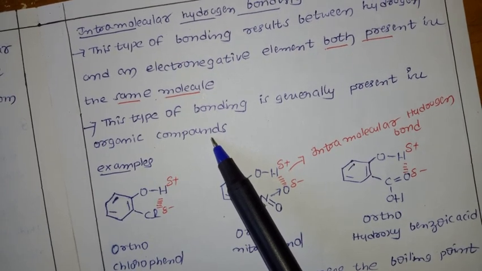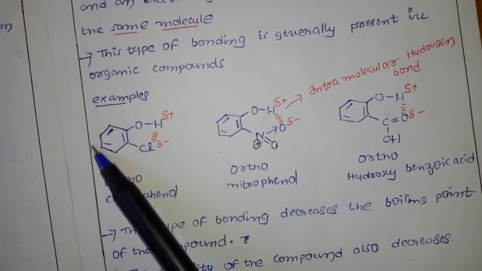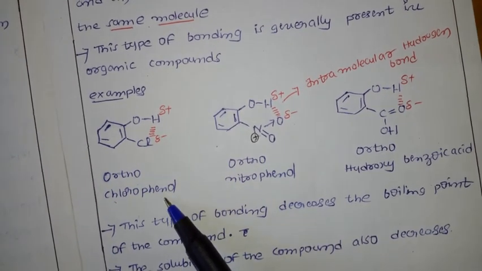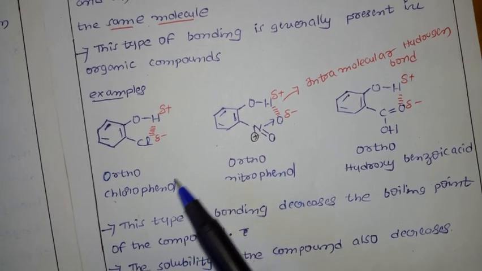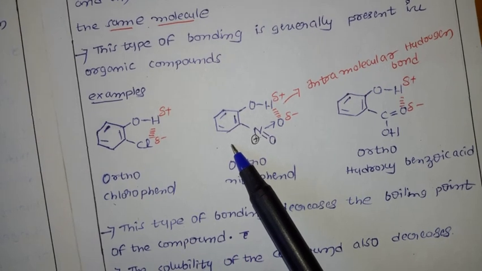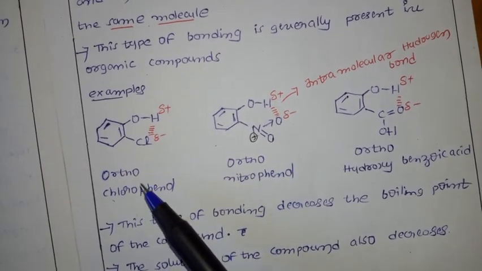Don't worry, that we will discuss later, okay. Now if you see the examples here, this ring is called a benzene ring. This molecule's name is what? Orthochlorophenol. Just remember the structure; how the nomenclature comes, you will come across in organic chemistry, which we will discuss later. This compound is called orthochlorophenol.